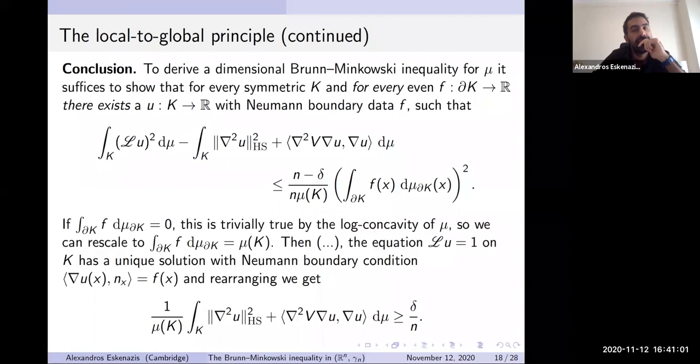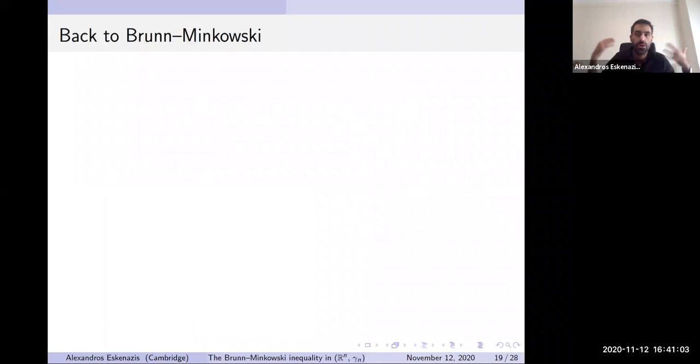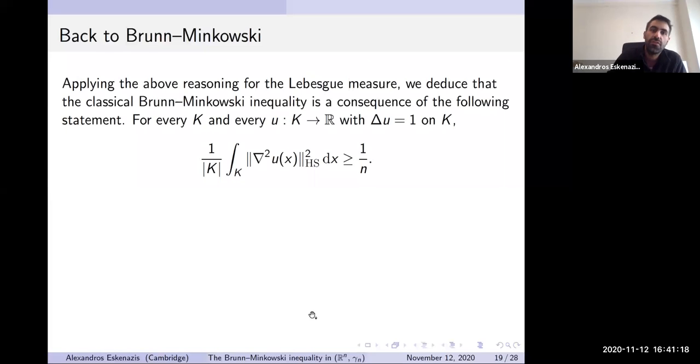And this means that there's a chance that our local to global principle in fact asks for something very strong. So it's a reasonable sanity check to ask, well, can we actually prove the Lebesgue Brunn-Minkowski inequality via this technique? Okay, so the formulation is the following: just applying what I just said for the log concave measure to be the Lebesgue measure. So for every symmetric K and every symmetric U, of course, with